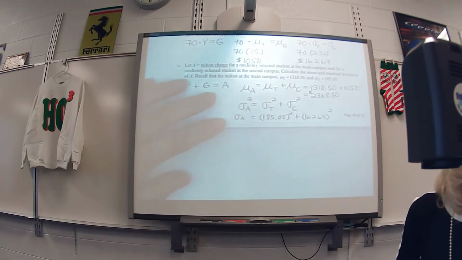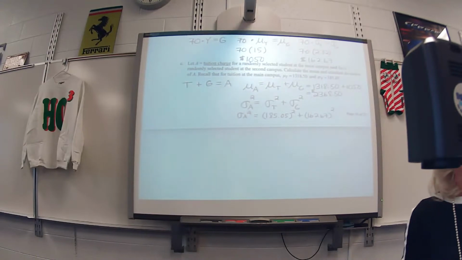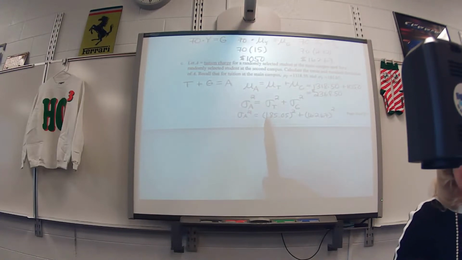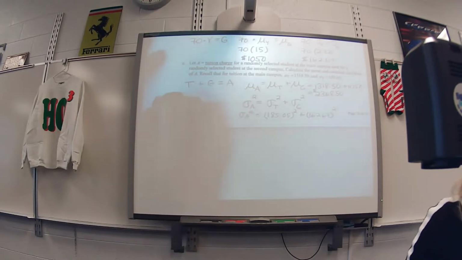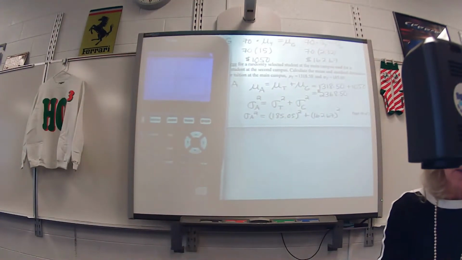And if I want that to come back and be the standard deviation, if you write it like this first, it will remind you a little bit about your order of operations. You actually have to type this in your calculator exactly like this, and then you will have the variance for A. So I'm going to type in